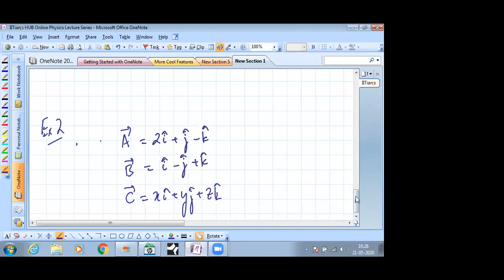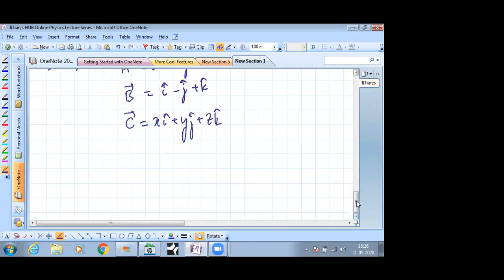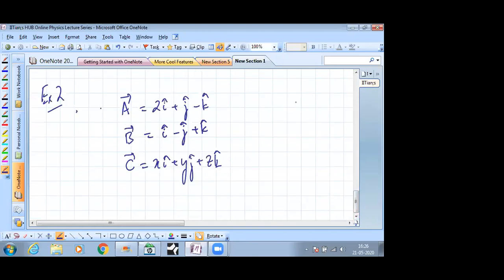These are the vectors given. Now we have to find the condition. So we have to find x, y, z so that